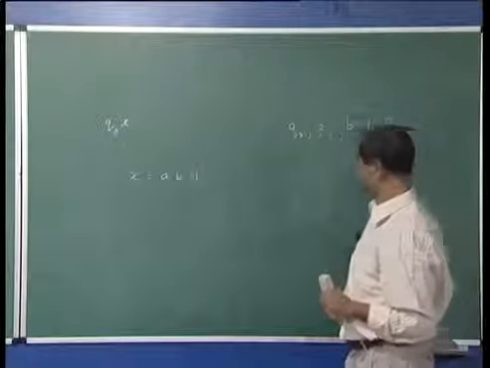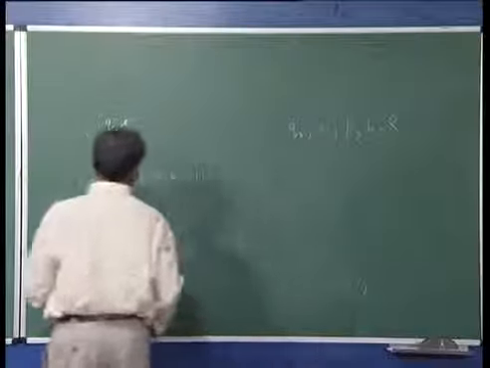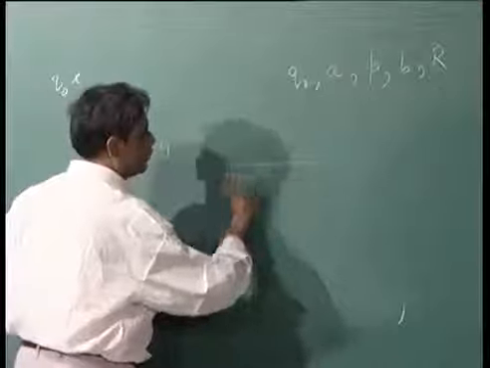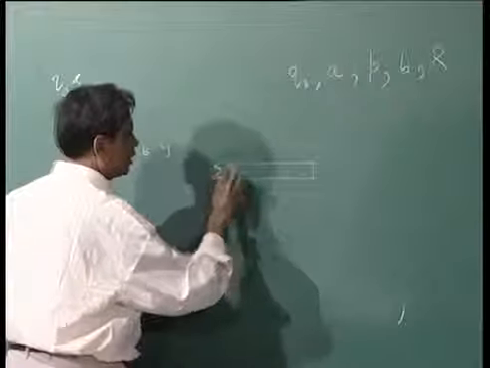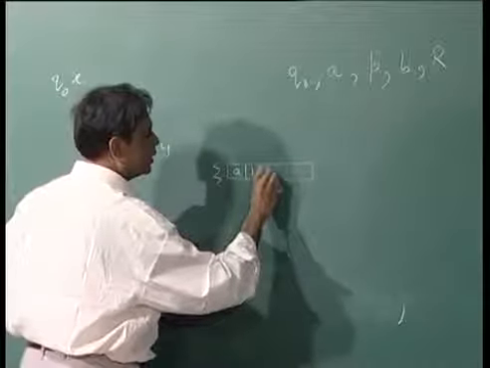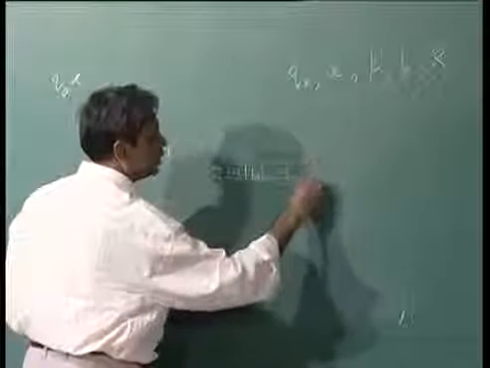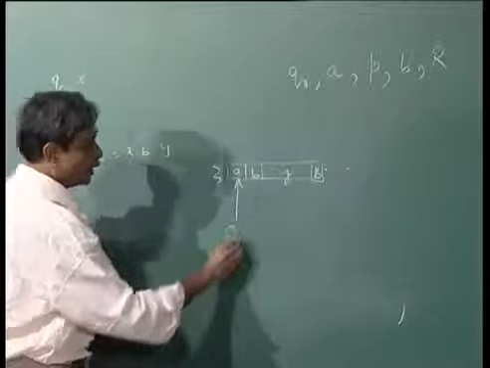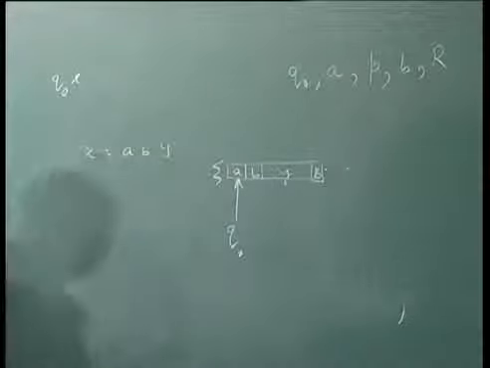So, therefore, what would happen? Initially, in picture we may write like this, these are all blanks, here A, then B, and then this whole thing is Y, and these are all blanks. Initially, the machine is here in state Q0,